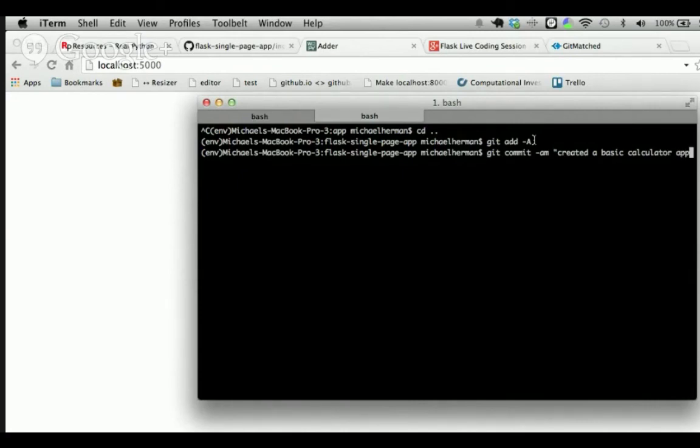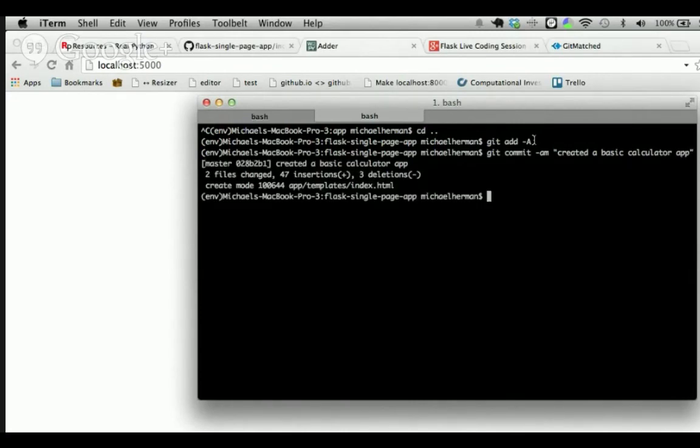Kind of a stretch whether that's really a calculator. Okay, so those have been placed into our local repository. And if you have a GitHub repo set up, you can go ahead and push your code up there now. And then when done, go ahead and deactivate your virtual environment.